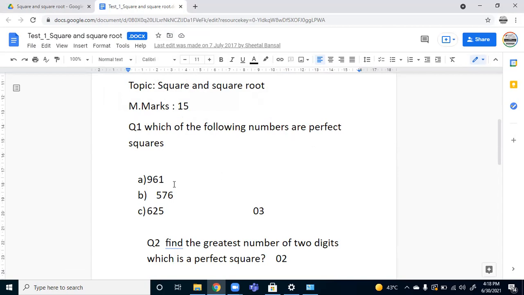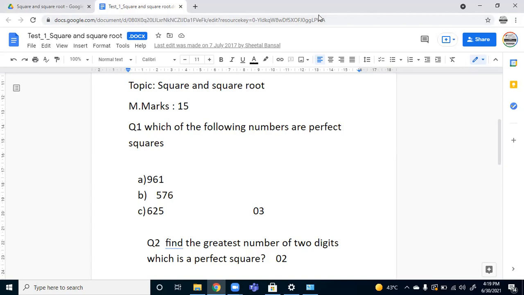See, Dhriti, that is the place where I want to confirm this from you. What is the necessary condition? That at the unit place you should not have the digit 2, 3, 7, 8 and an odd number of zeros. Here there is no number like 2, 3, 7, 8, and there are no odd number of zeros. So then also it does not confirm that it is a perfect square. So what is the next check which you have to apply here?